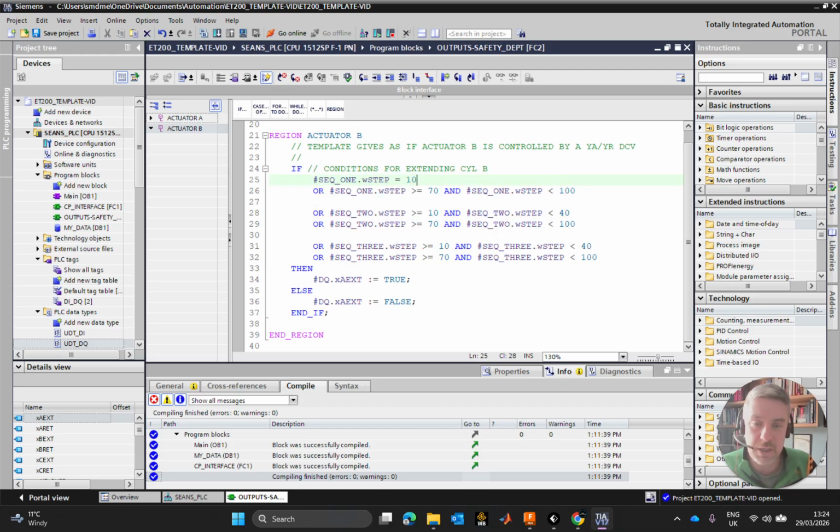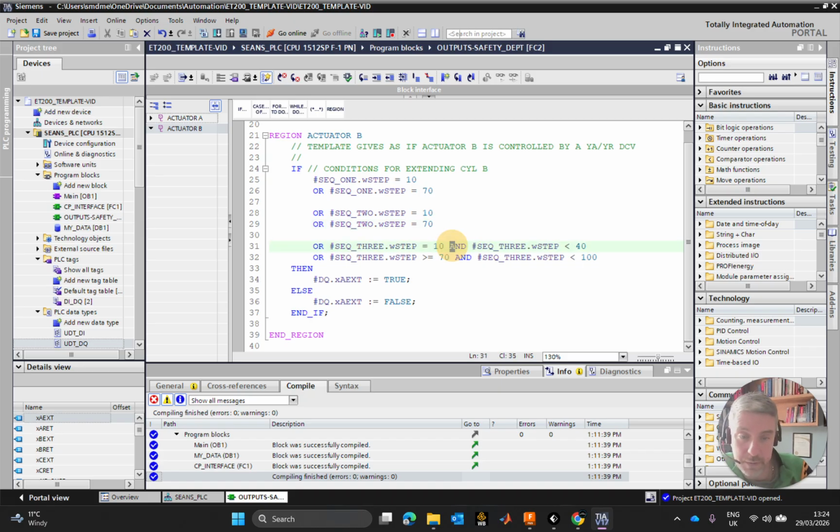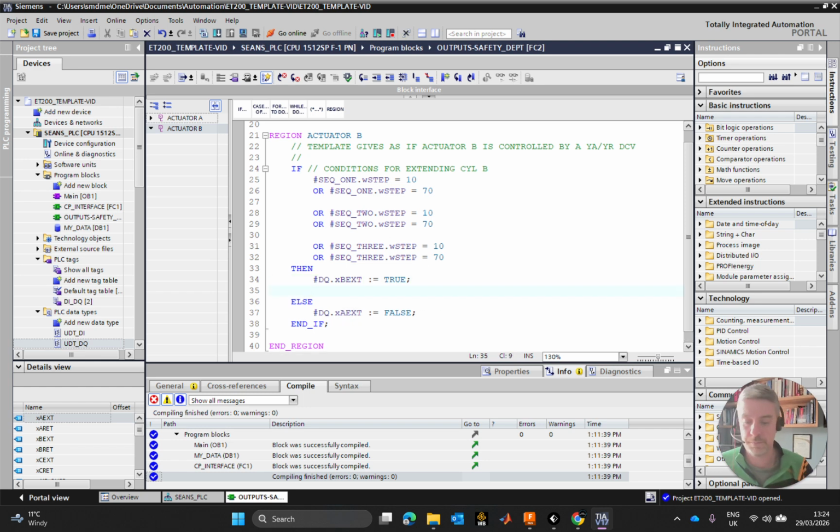There is no range. I just want to extend B if sequence 1 step is equal to 10, or if sequence 1 step is equal to 70, or if sequence 2 step is equal to 10, or if sequence 2 step is equal to 70, or if sequence 3 step is equal to 10, or if sequence 3 step is equal to 70. If any of those things is true, if I'm in sequence 1 and I'm equal to 10 or 70, in sequence 2 and I'm equal to 10 or 70, 3, 10 or 70, then I want B extension to be true, right? But I also want